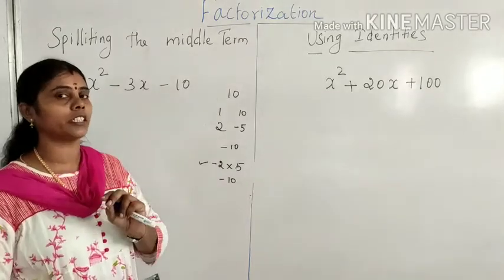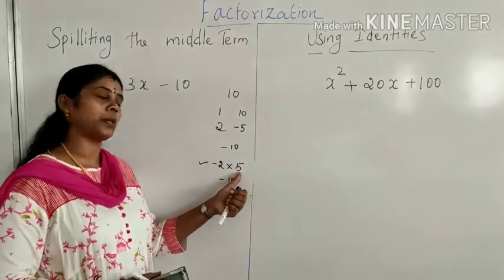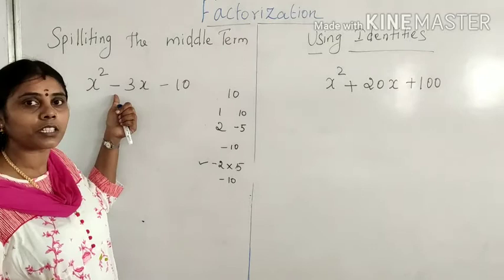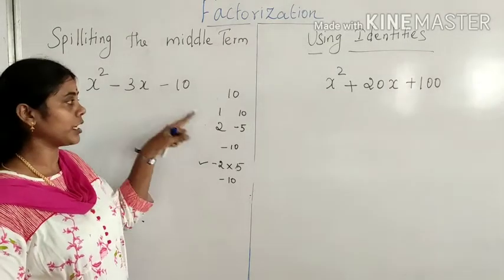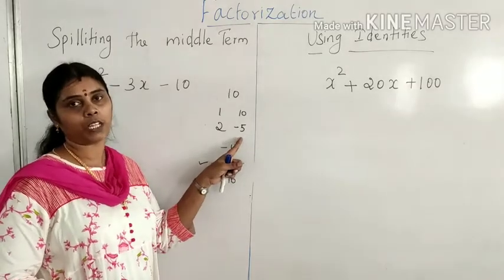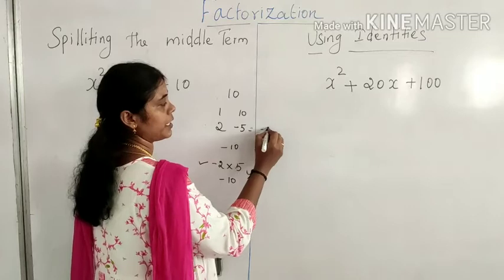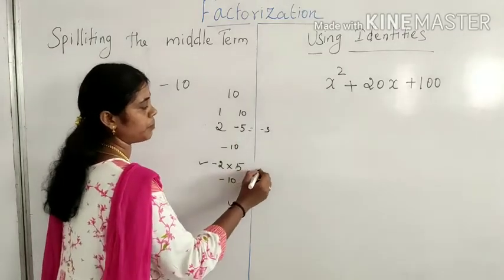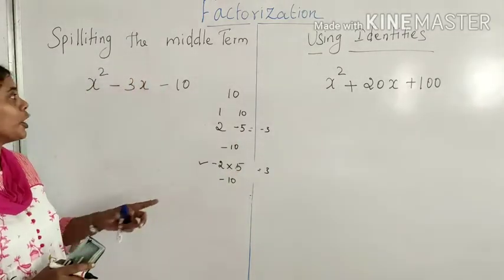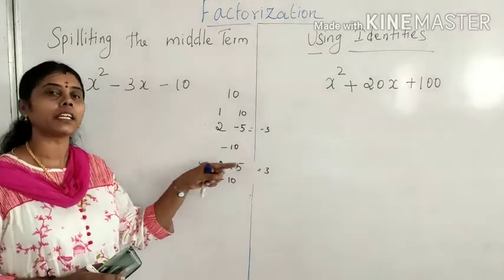Integers we are subtracting, which means whichever is the bigger number, that symbol will come. Here the bigger number is plus, so plus only comes, but here we need minus. That is why I have taken 2 minus 5. 2 minus 5 means you will get minus 3. Here if you do it, it is plus 3. Yes? So that is why I have taken this plus 2 and minus 5.